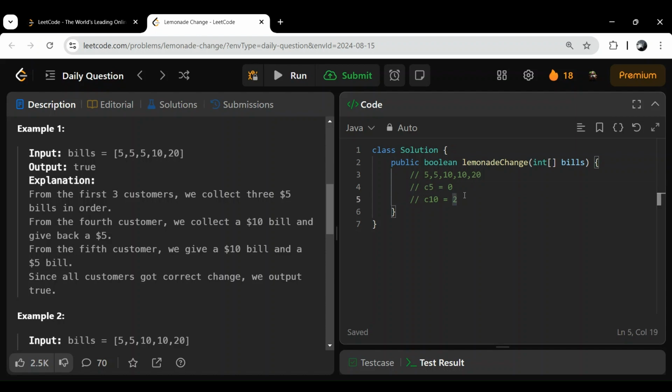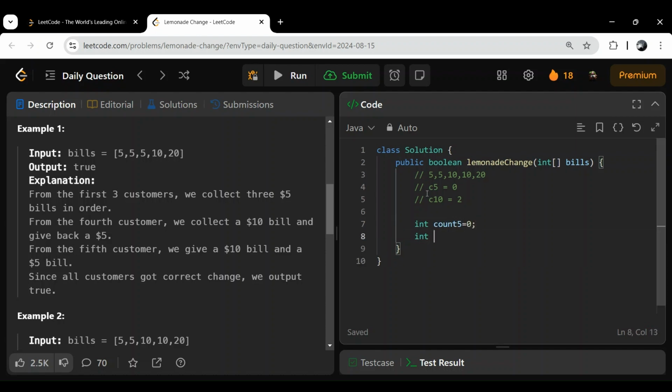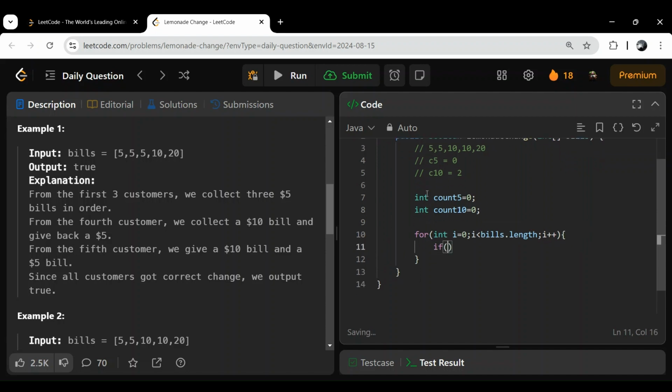So we will solve this example using two variables. One is count 5, and the other variable is count 10. Now for int i = 0 to bills.length, i++. Now we will check if bills of i is equal to 5, then we just increment our count